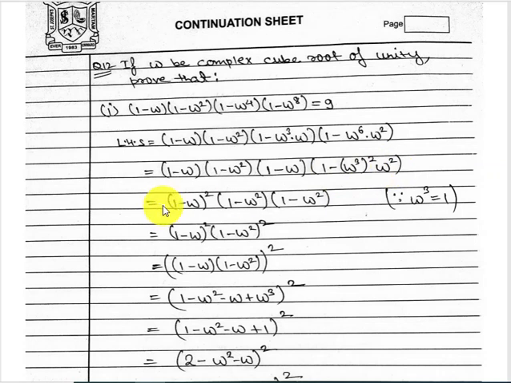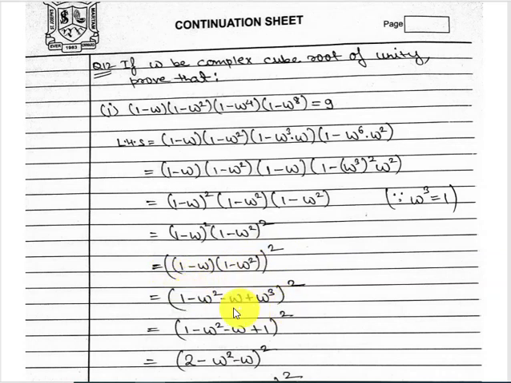In this third step we get 1 minus omega into 1 minus omega whole square, and 1 minus omega square, and from here also I get 1 minus omega square. In the next step we can write 1 minus omega square whole square. So here 1 minus omega whole square, and here 1 minus omega square whole square. Both terms have a square, so we can put them together in a bracket and put the square on the whole: 1 minus omega into 1 minus omega square, whole square. Now inside the bracket you simplify it.